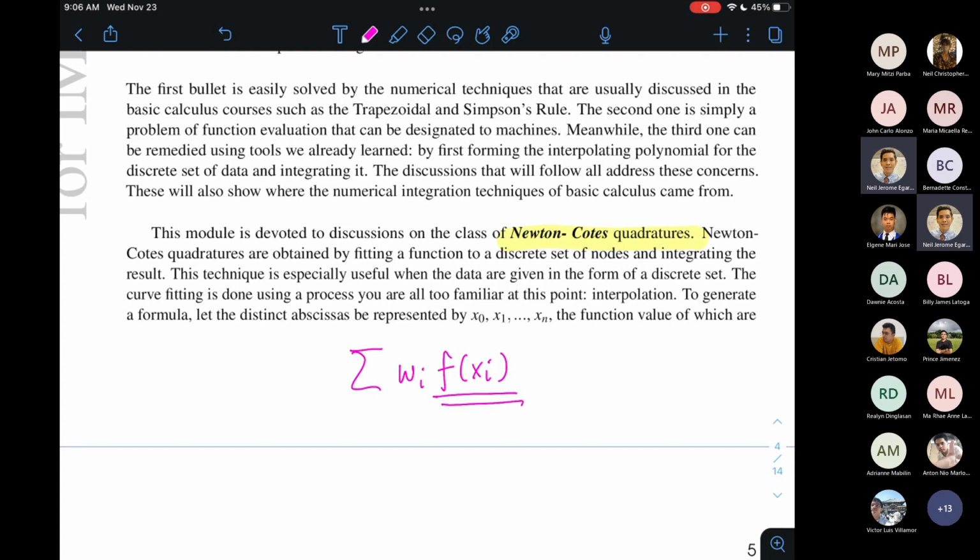Because we won't have any problem about integrating polynomials, because integrals of polynomials are still polynomials and they can easily be done in computers. So kaya napakahalaga nung unang half nung ating